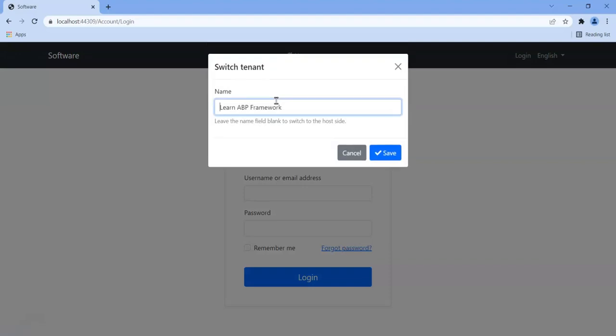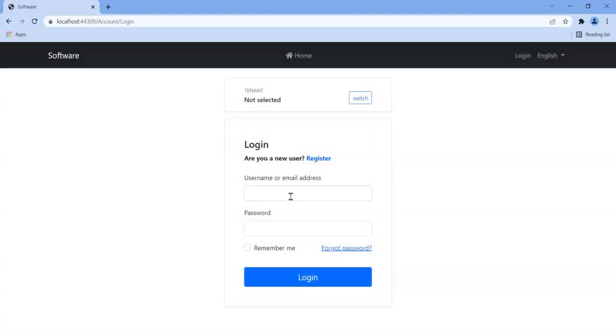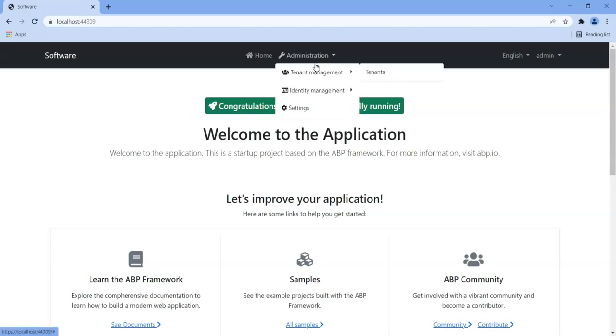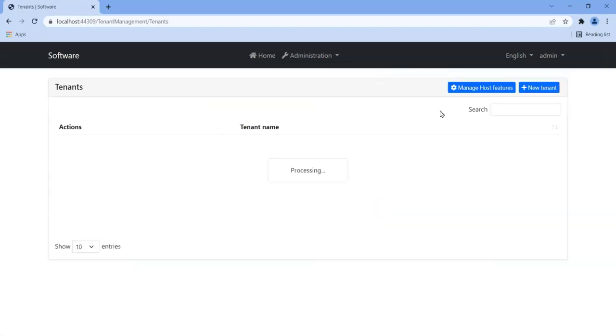I'm just going to make sure that we are logging in as host, and we'll put in the password, which is the default password. You'll find it in the docs of ABP. So you can go to docs.abp.io, and in the administration I've got tenant management and tenants, and you can see